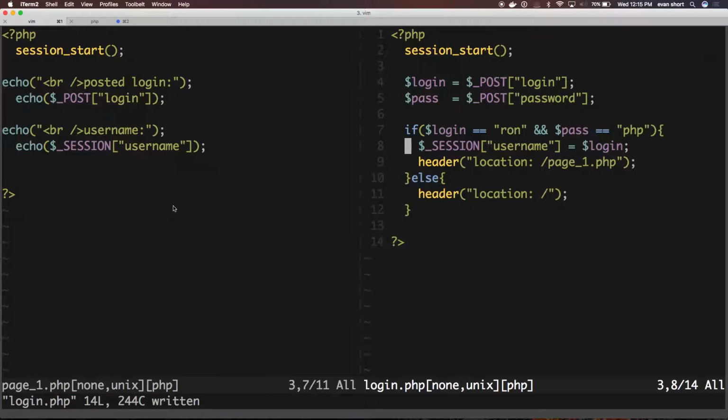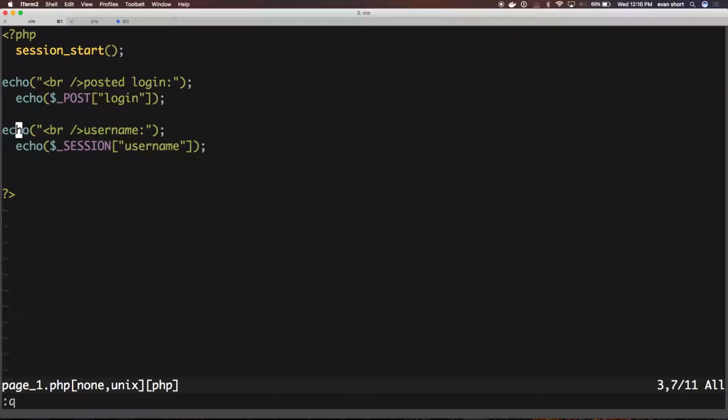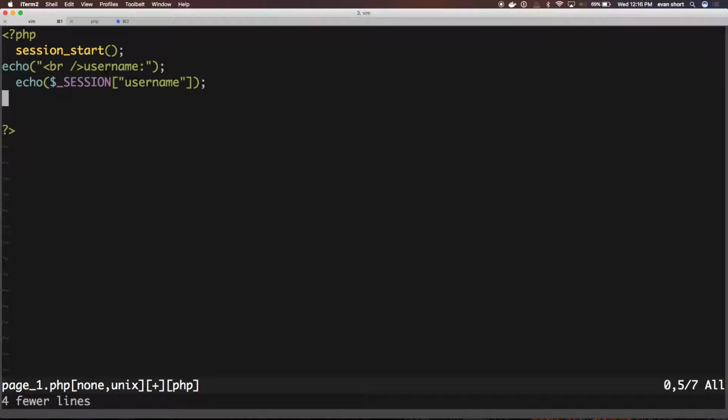Okay, so we're going to make a logout page here. We've got this page 1, so if you remember, the page on the right is submitting to the page on the left, assuming that the login information is correct. I'm going to go ahead and close this down. I'm going to get rid of this because it won't happen. And then I'm going to make, outside of PHP, a link to